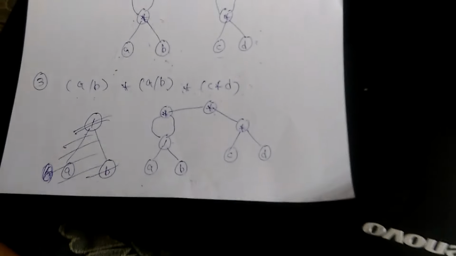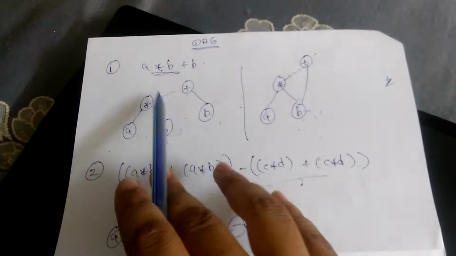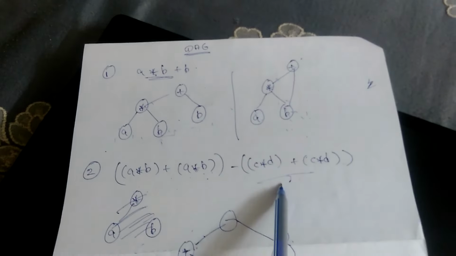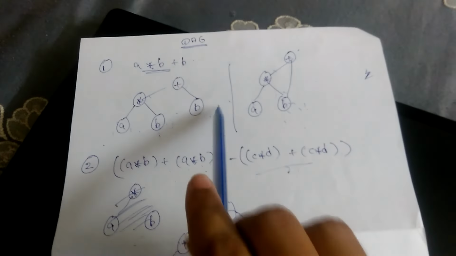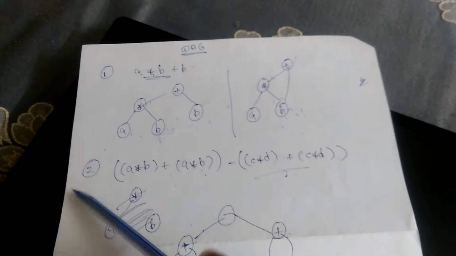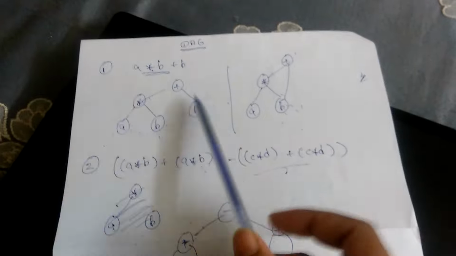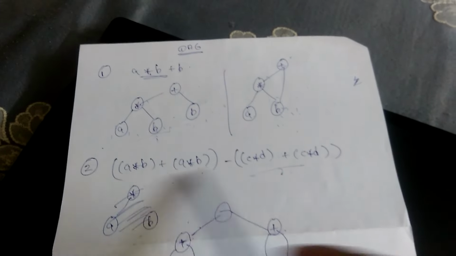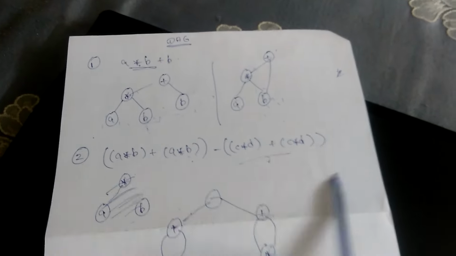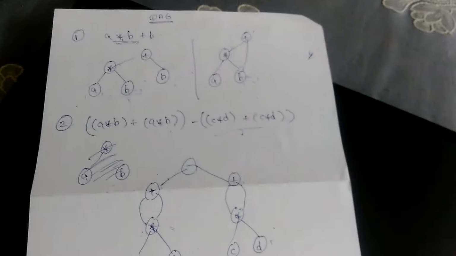So guys, this is all about directed acyclic graph representations. Sometimes in competitive exams you will be given such expressions and asked to construct the tree, or sometimes they will directly give you the tree representation and ask what the correct expression of such a tree is. They will give you options in competitive exams and you have to choose the correct one. So this is all about that.